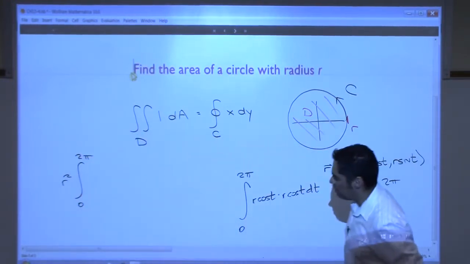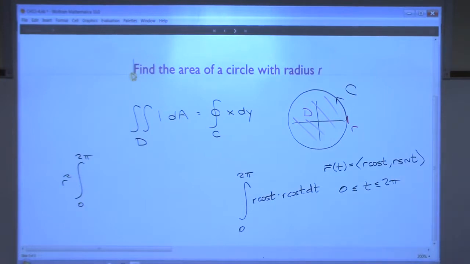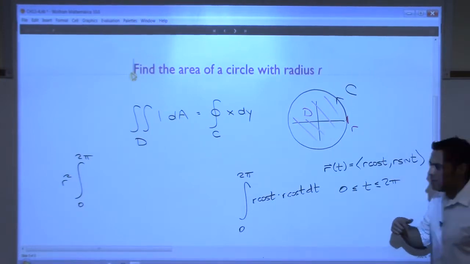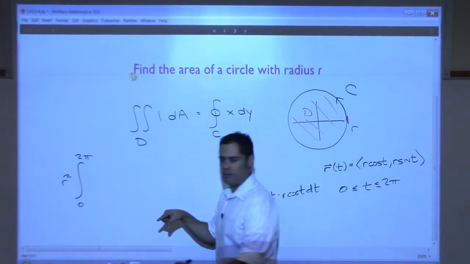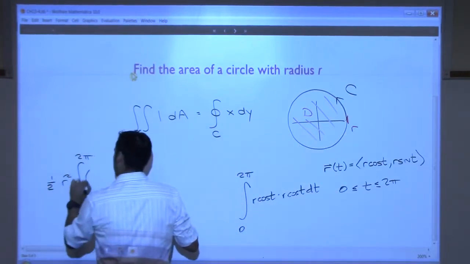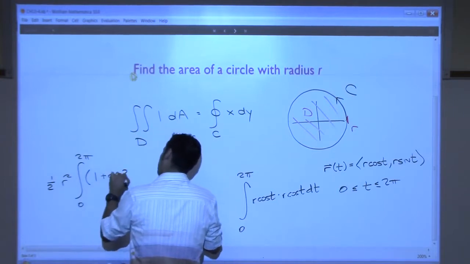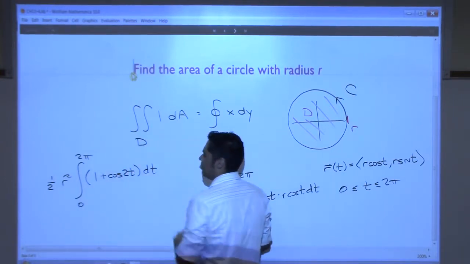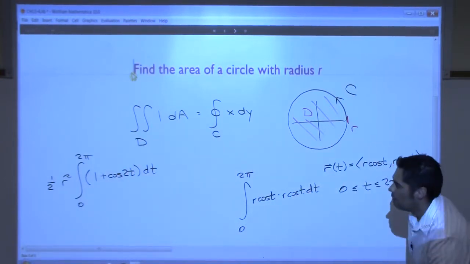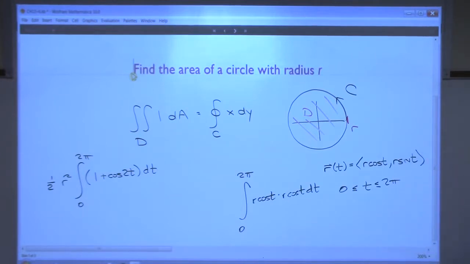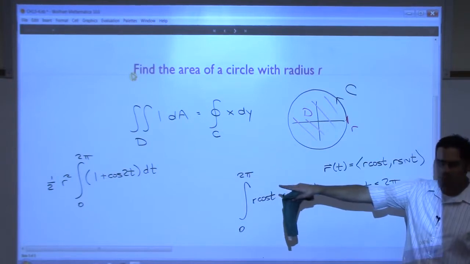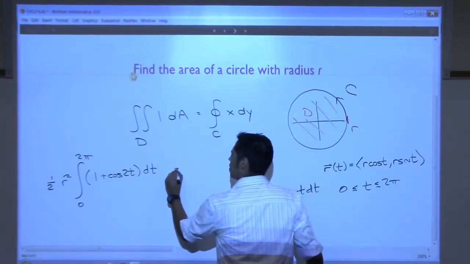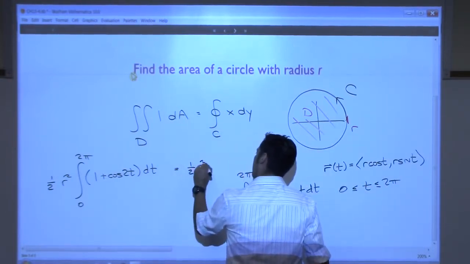How are you going to handle cosine squared if you're going to integrate it? Power reduced. It's 1/2 plus 1/2 cosine 2t. But I'm going to pull the 1/2 out. So this will become 1/2 times 1 plus cosine 2t dt. And you should be able to integrate those. Do I have any questions on where I'm going here? This to that? Okay, which is 1/2 r squared